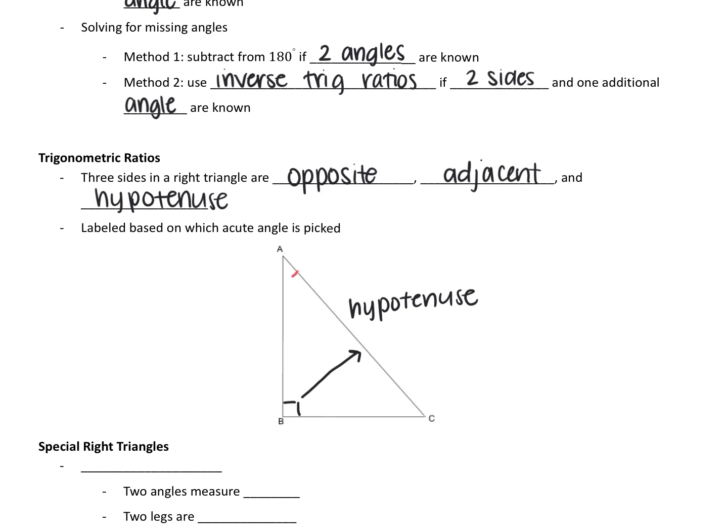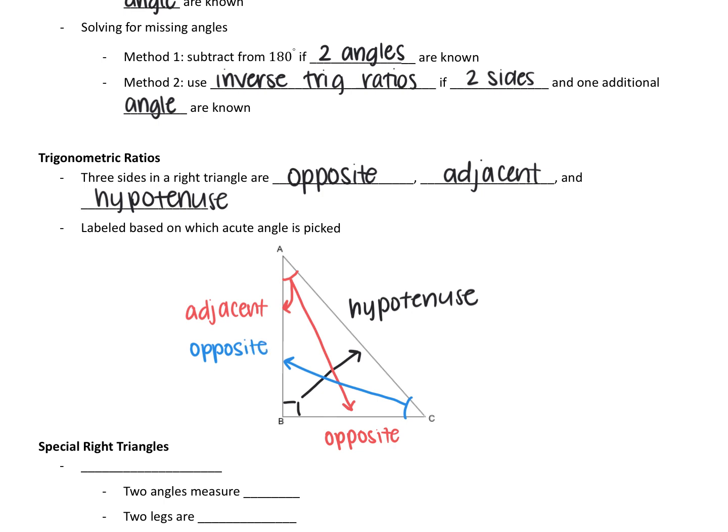So if I'm looking at angle A, the opposite side is the one directly across. And the adjacent side is the side that's next to it, but not the hypotenuse, because technically the hypotenuse is also adjacent. If I'm looking at angle C, its opposite side